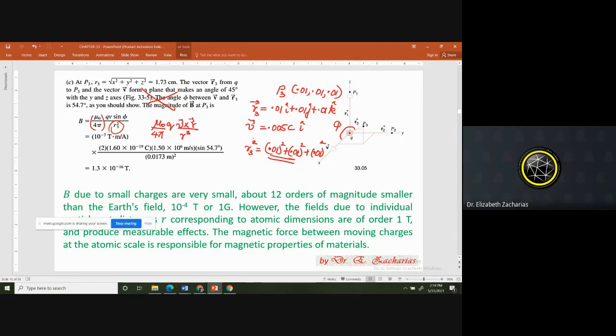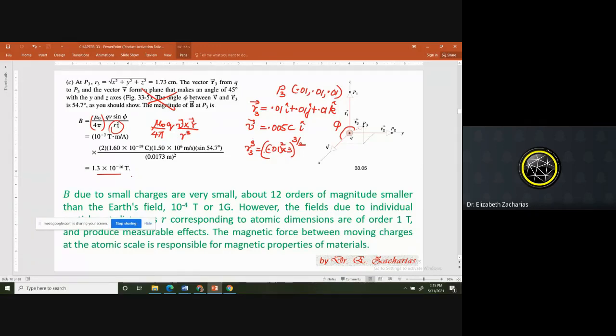Okay, so R cube means what? This will become under root, so cube, if you have to do, it's going to be 0.01 whole square plus 0.01 whole square plus 0.01 whole square. So 3 times you have to do that. Then under root and then cube. So 3/2. So put everything into that formula, you'll get your answer. This will be an easier way of doing this problem rather than what the author is doing. And look at the answer you're going to get. You're going to get 1.3 into 10 to the power of minus 16 Tesla.